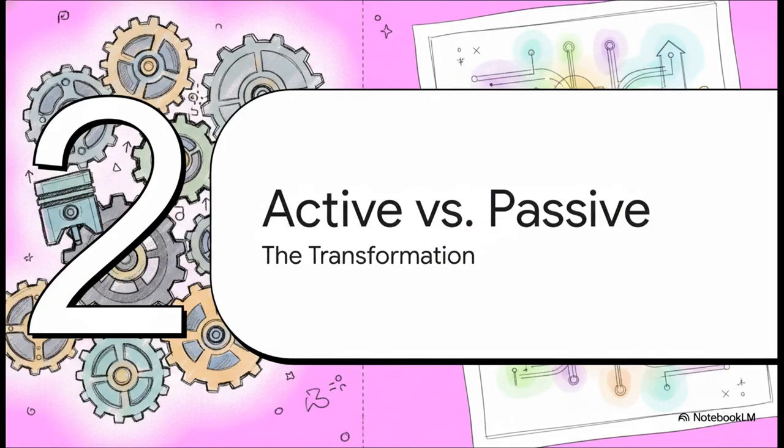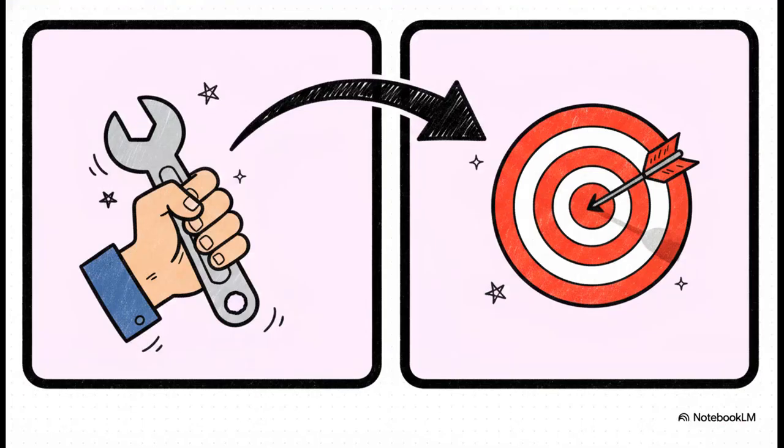Let's move on to part 2, active versus passive structures. This is our classic before and after transformation. Let's look at the raw formulas behind this. First up is the basic active pattern. You've got your subject, a verb expressing some kind of desire, the object that's actually doing the action, and then a to infinitive. Now, that's perfectly fine for everyday chat, but our new target, the passive pattern, completely drops that